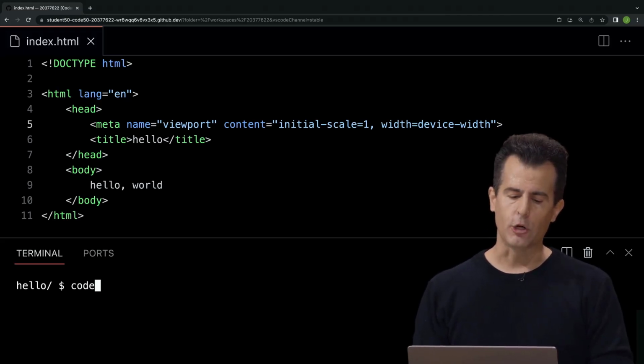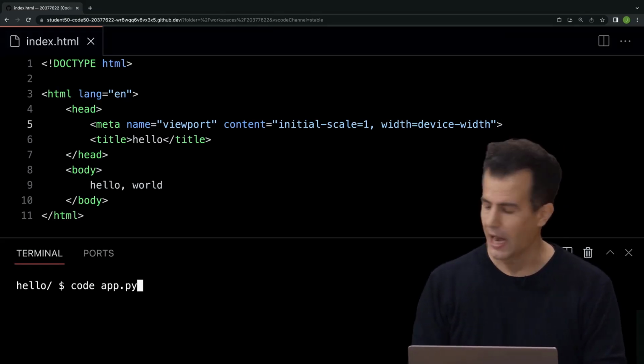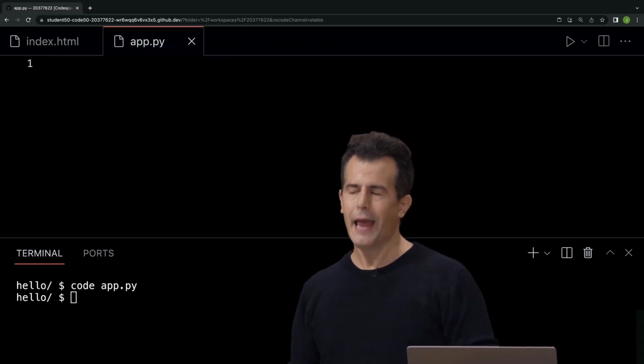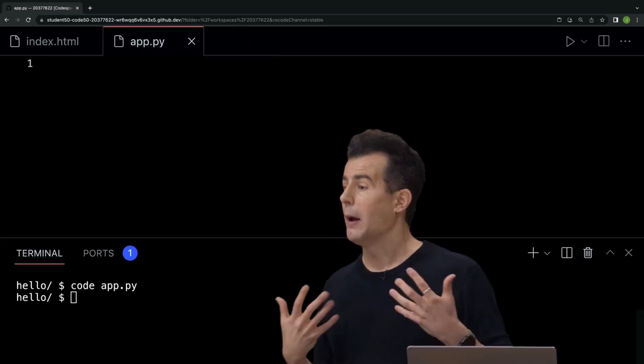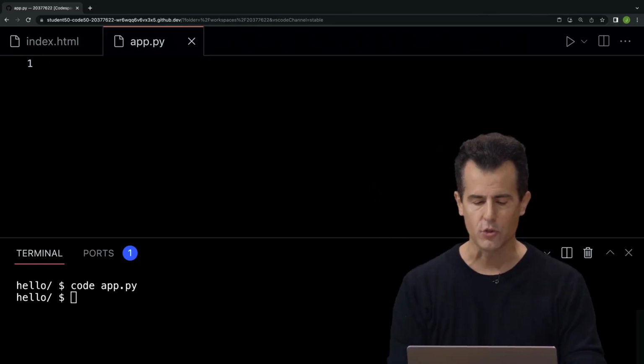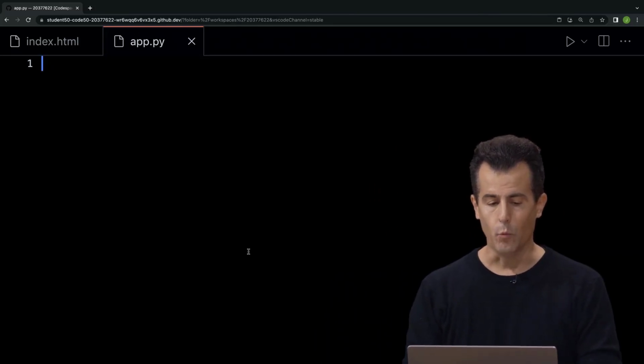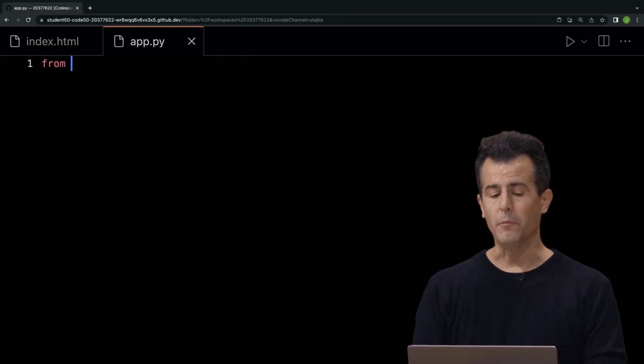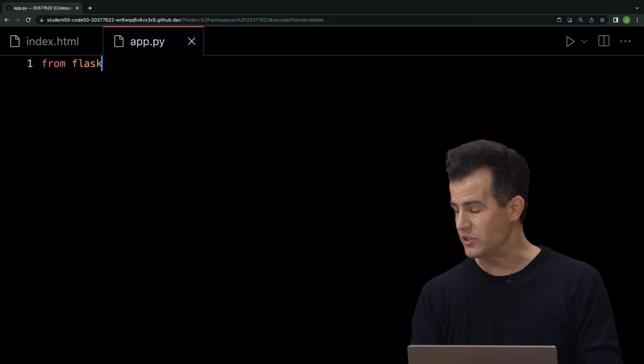So let me go back into my terminal window. And as promised, let me create another file called app.py. And this is where now I need to implement the web server I'm going to run using this Flask framework. And for now, I'm just going to do some copy paste from what we saw on the slide a moment ago. From the Flask library, which we've pre-installed for you,